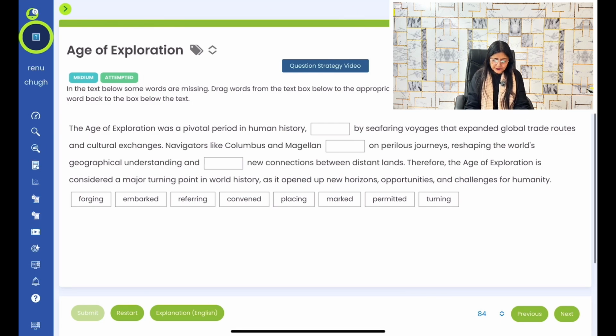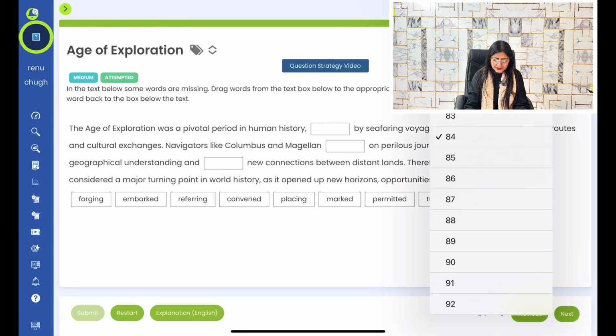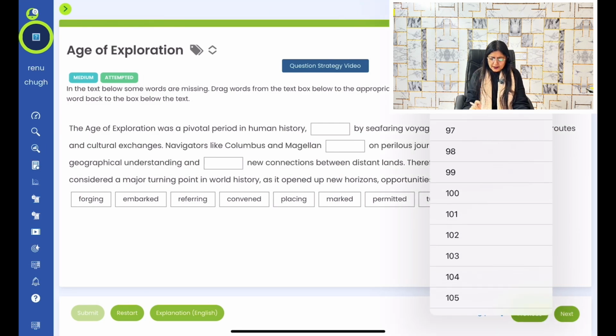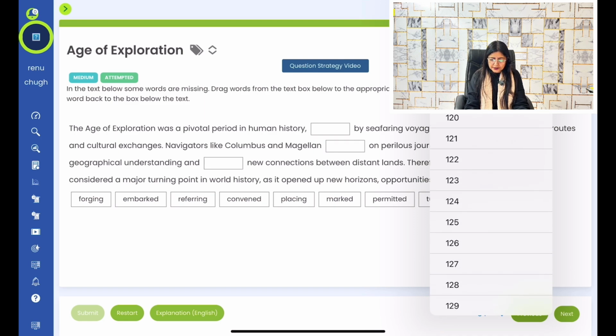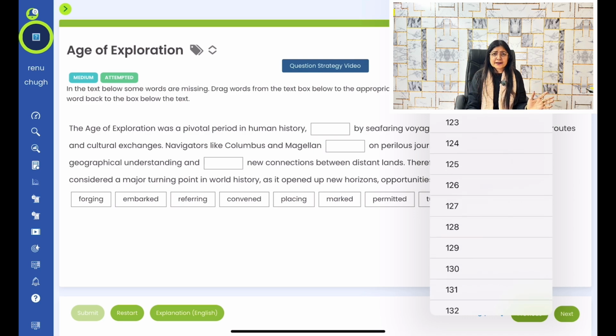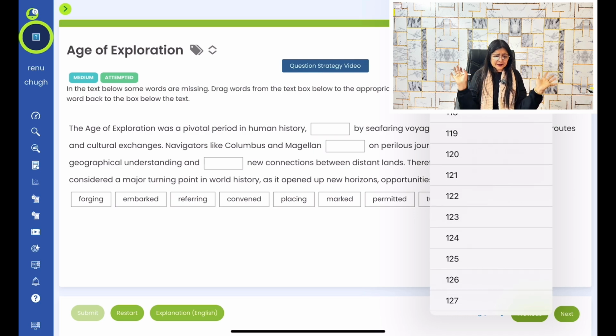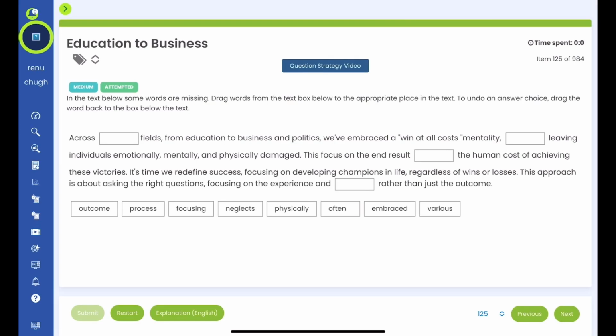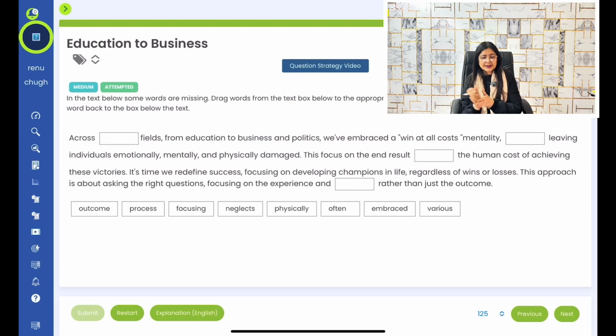So do you see how easy it is just to apply GCC, and you are easily able to identify the right choices. Let's go ahead with one more, and I'll be choosing randomly. You can put in the comment box the number you want me to go for. So randomly I'm looking over here on the screen and I am picking anything that is coming to me. Okay, so it is education to business.